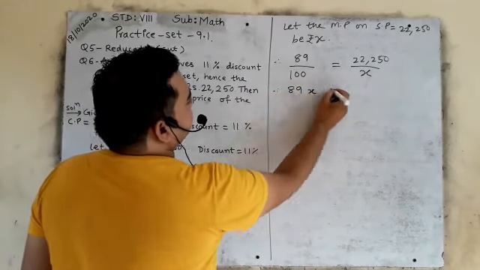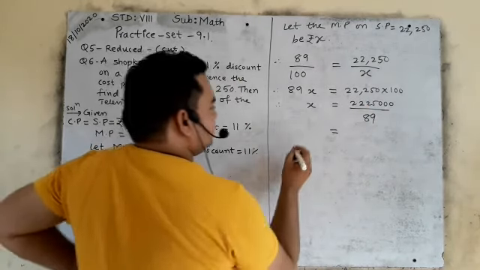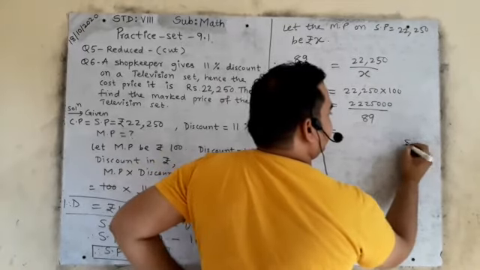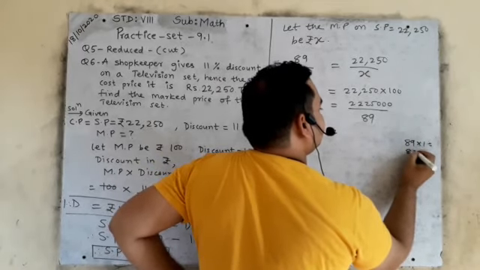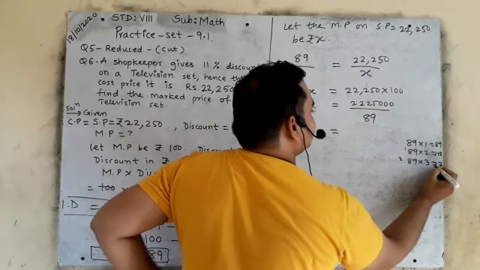So therefore x is equal to 22,250 upon 89. So here you have to divide it by 89. You will make the 89 table. See, like this. Alongside you can make the 89 table, right? And then you will solve the further things. Okay, 89 ones are 89, 2 nines are 18, carry 1, 2 eights are 16 and 1 is 17. Now 3 nines are 27, carry 2, 3 eights are 24, 25, 26.